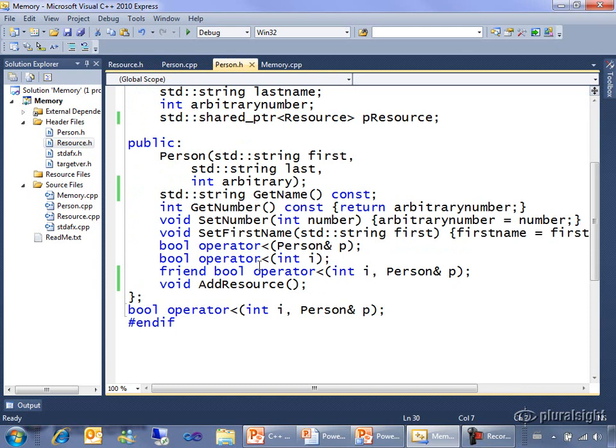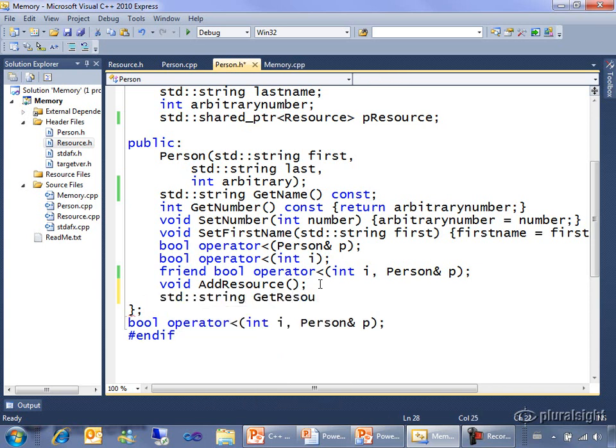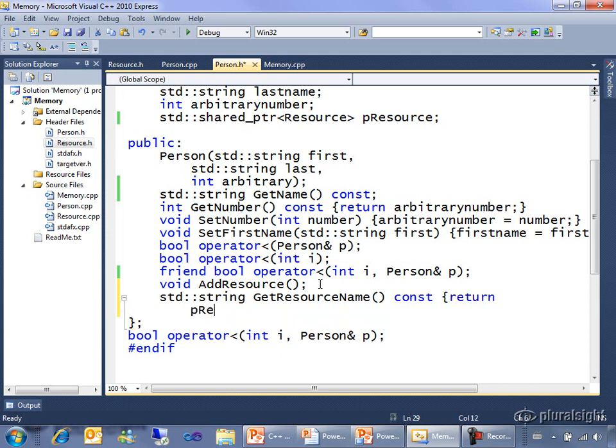Let's come up with an excuse to call that from some other member function of Person, having now deleted most of the member functions of Person that were managing the resource, so that you can see how easy it is still to use the pointer. Let's come here into Person and add a function called getResourceName. The resource name's a string. GetResourceName doesn't take any parameters, doesn't change the object, and it'll just return that pResource points to,